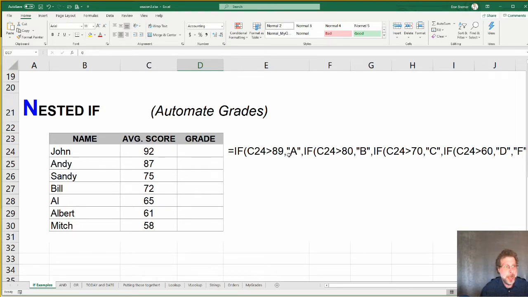Now, usually I would allow people to go out and type this stuff in there and you'd flounder a while and we would go on, but I'm going to show you how to do something as complicated as this in very small steps. So first off, I want to find out if they get an A. So it's equal to IF, open paren. The logical test, I'm going to see if C24 is greater than 89,